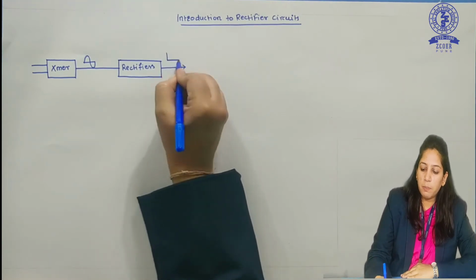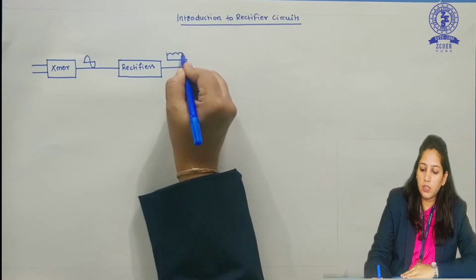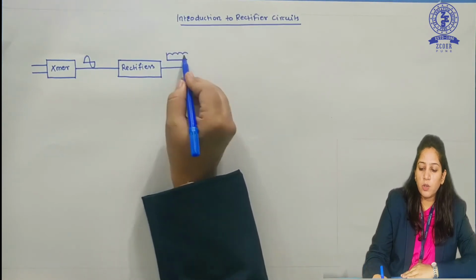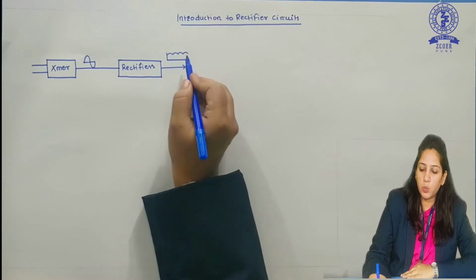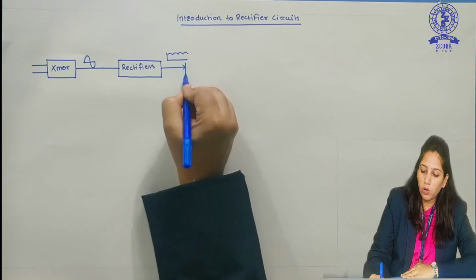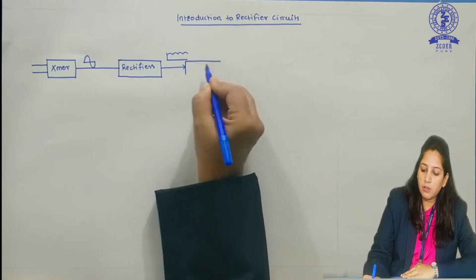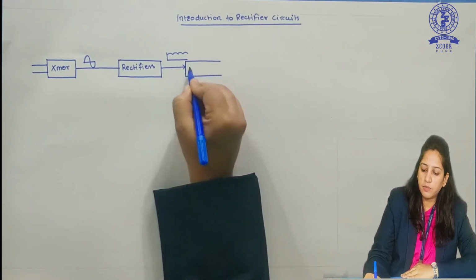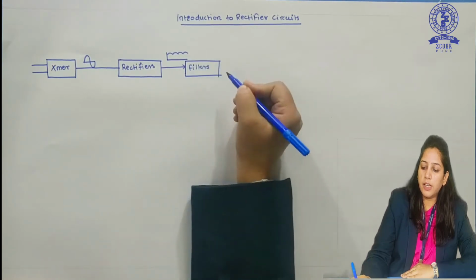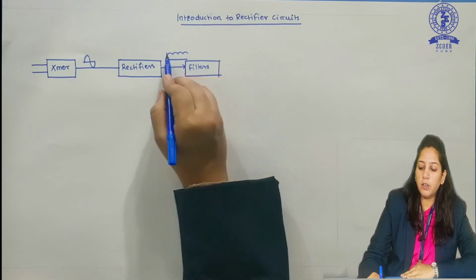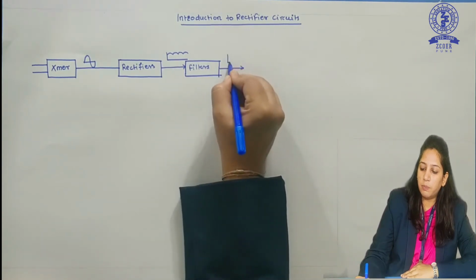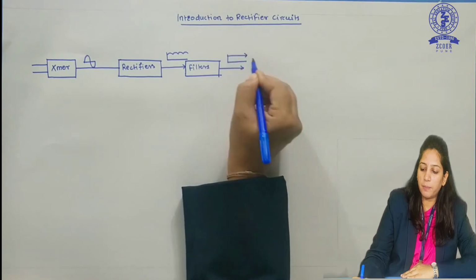It may be pulsating DC. So in this way we will get a pulsating DC. This is not actually given to our instruments because they may get damaged. So we need a pure DC supply, and so after the rectifier circuits we use filters. Filters are the next circuit. These filters will filter out the ripples and give us a pure DC supply.